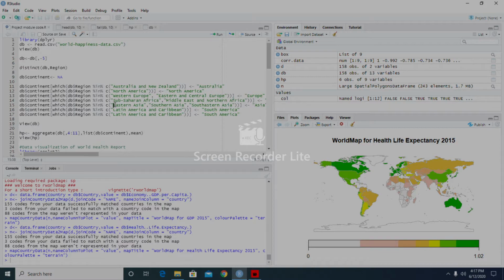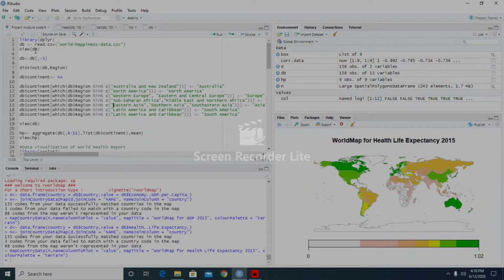Today we are going to build a project in data analysis using R programming language. Let's do exploratory data analysis for World Happiness Report 2015 with 158 countries and 13 columns plus standard error column.